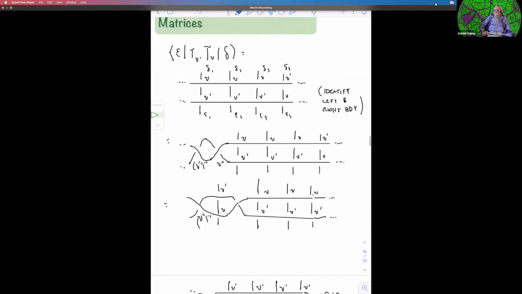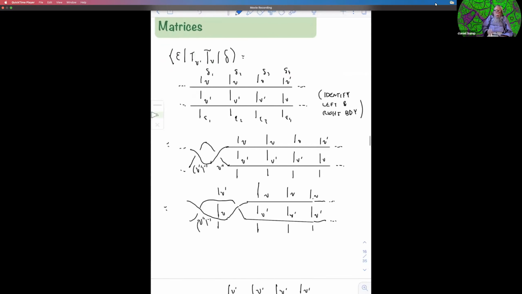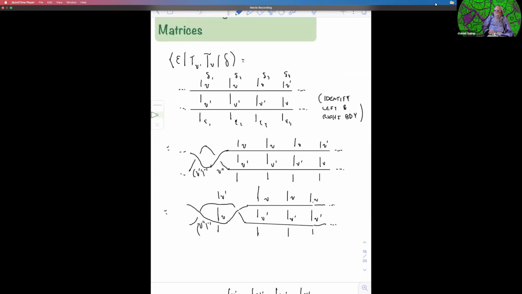So I want to show that the row transfer matrices commute. So I do this. I put a row of deltas on the top, and then the V vertices, and then the V prime vertices, and then the epsilons. And I want to show that I can switch the V's and the V primes. So I insert, and remember, everything wraps. So this goes around and comes back around here. So I insert this neutral braid. It's the R matrix and then its inverse.